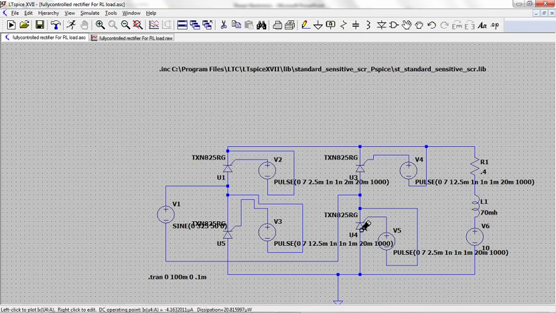Okay, next. Some concepts we need to focus on here: the load is inductive. Because of that, these two SCRs will continue to conduct even after 180 degrees. So in the negative half cycle, as soon as you fire these two, this will turn on. This entire explanation holds good if you consider that the load current is continuous.